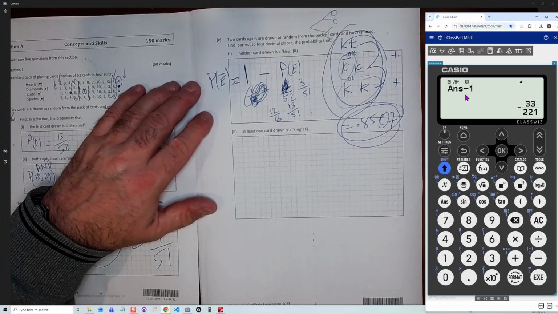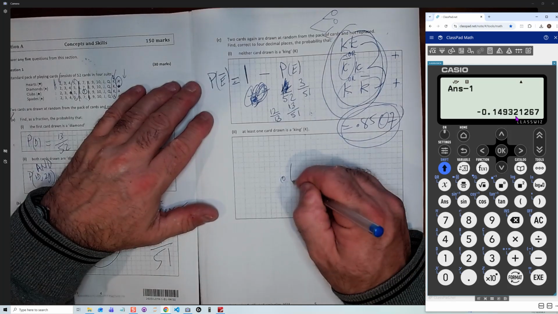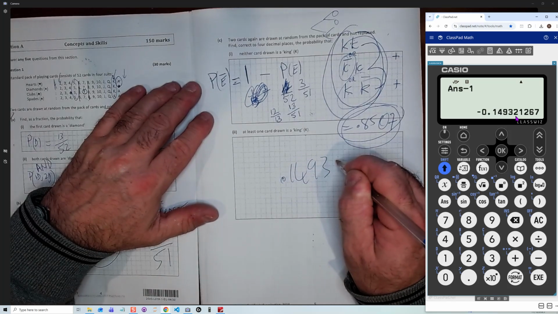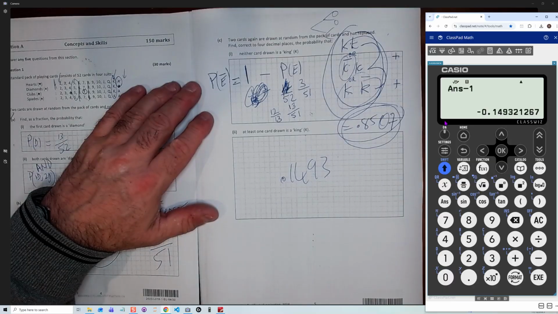Now I better be careful because would it do that again now? I want that in decimal. I think I'd better not do shift equals because it'll recalculate. I have to be very careful. So I'll format that to decimal, which is 0.14932. And to 4 decimal places it's like this,